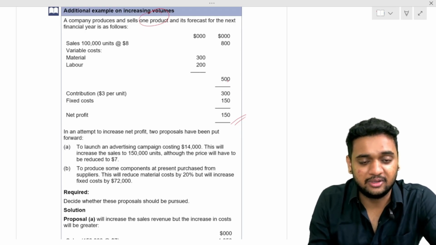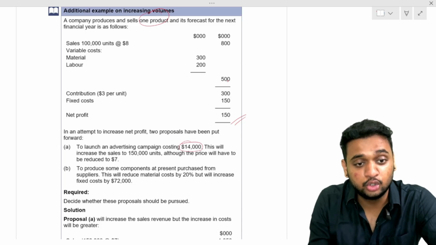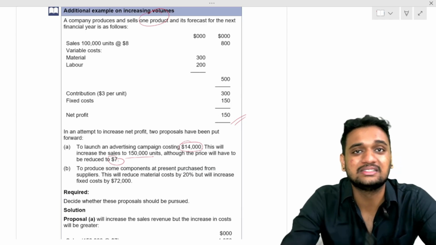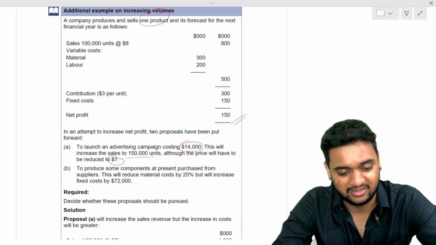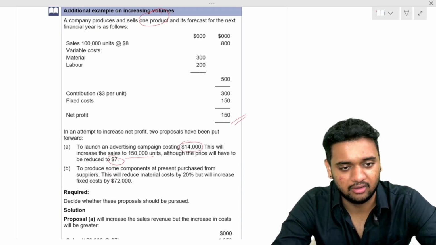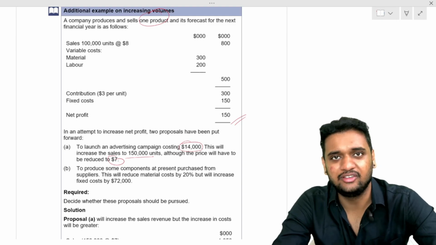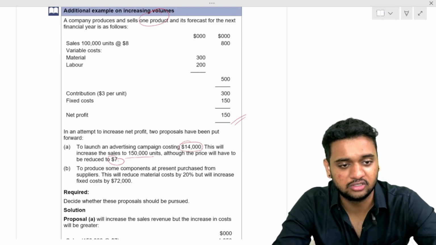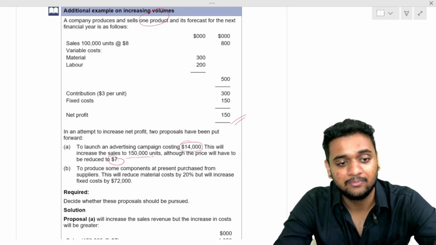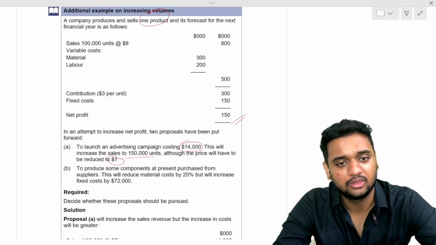To launch an advertisement campaign which will cost $14,000. Okay. So increase the sales to 150,000 units. Although the price will have to be reduced to $7. They are saying we can go advertise in the market or in the TV or wherever for $14,000. What is that $14,000? Our fixed cost. Some fixed cost if we incur of $14,000. They are saying we can increase the sales units to 150,000 units, but the selling price has to be reduced to 7. Now you tell me,